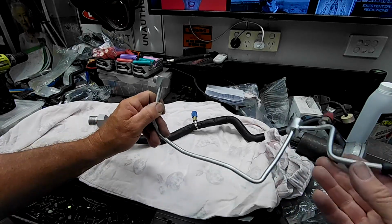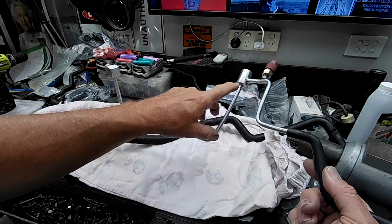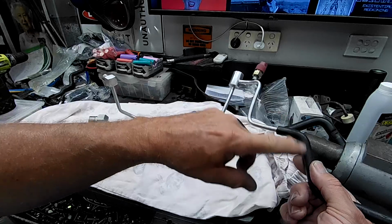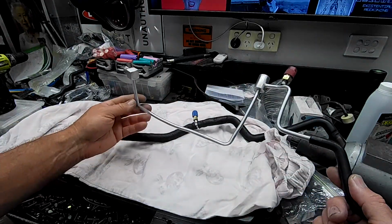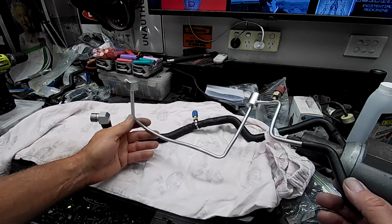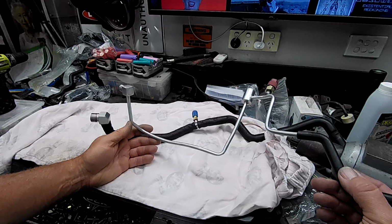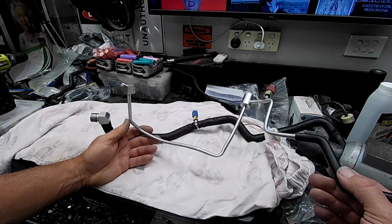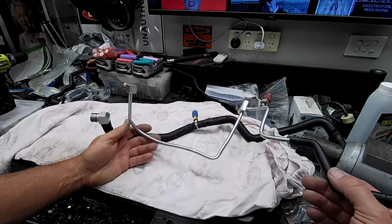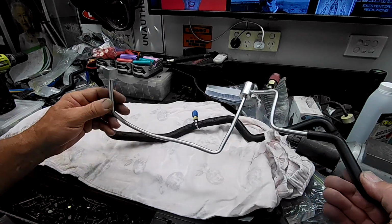But what I'm going to do, I think, is extend that right up that section, and then possibly a little bit of this as well, just because this is still rather exposed to the heat source. The fact that this thing does run a bigger turbo with a bigger exhaust housing on it and larger exhaust manifolds in this area, I think really points to a need to get a bit of heat management on these